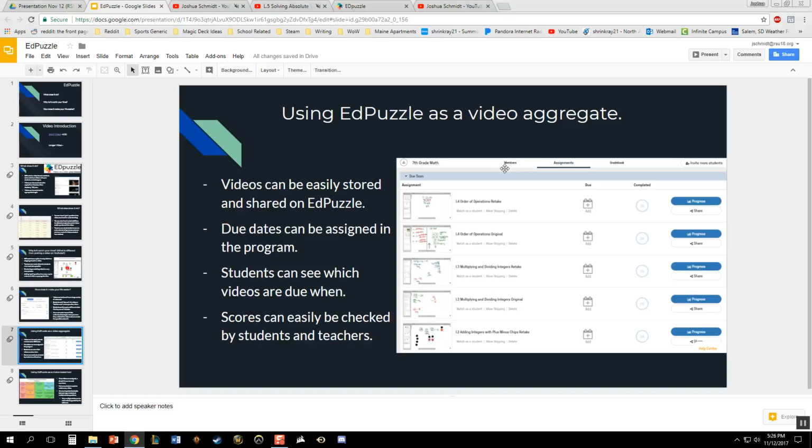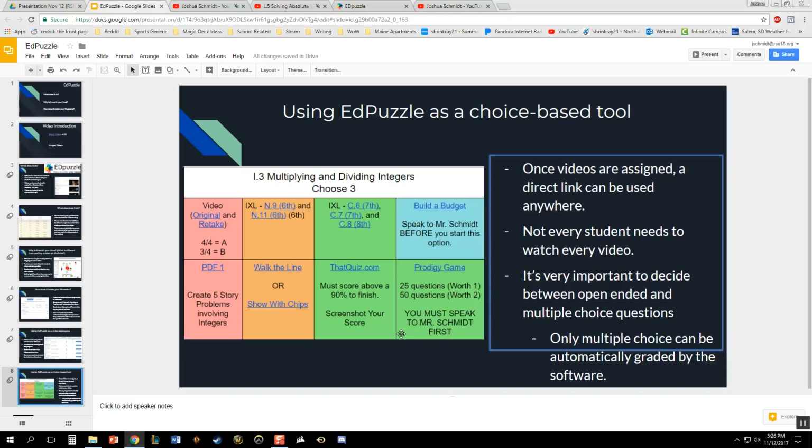The one thing that's a lot better than something like YouTube is students can't leave Edpuzzle to go watch related videos. Students can be in YouTube, see a related video, and get lost very quickly. One of the really nice pieces of Edpuzzle is that if a student is watching a video, they are restricted to only that video and they can't watch anything else. Now, Edpuzzle at its top level can be used a little bit more intricately, and that's how I use it,